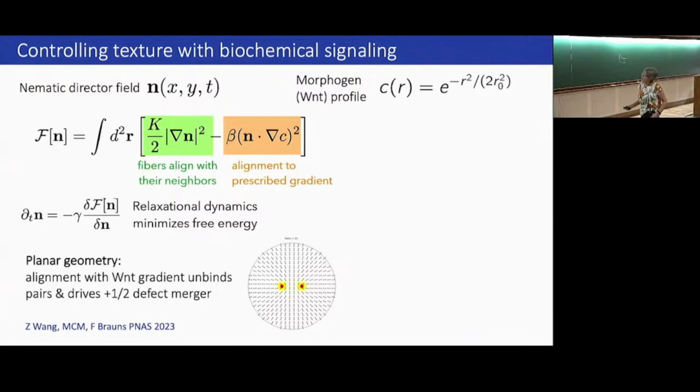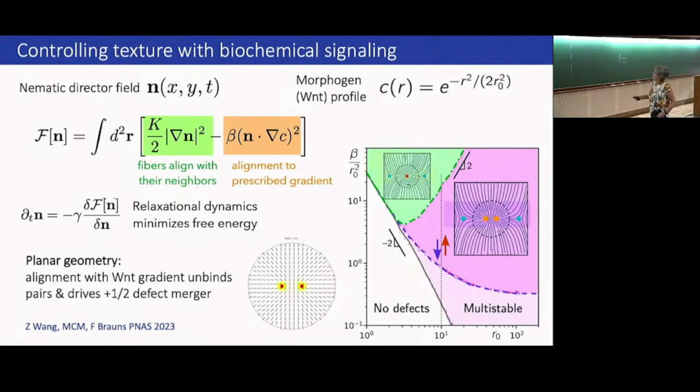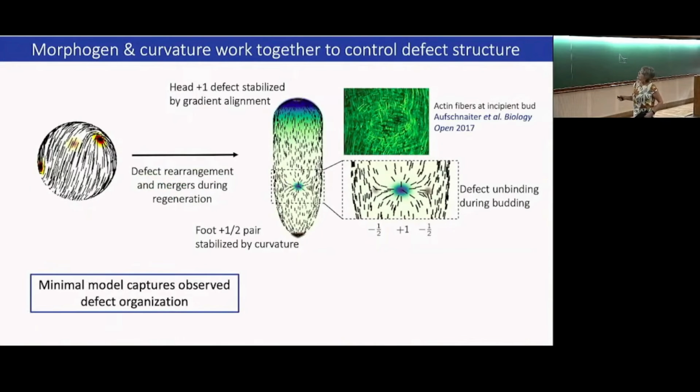In a planar geometry, the alignment with the Wnt gradient can unbind the pair of defects and drive the merger of two +1/2 defects. And you can construct a phase diagram in the plane of the strength of the coupling beta and the range of this profile. And you find that you can have no defects, you can have a +1 and two -1/2, or you can have this other configuration. But what is interesting here, I am out of time, let me just show here, is